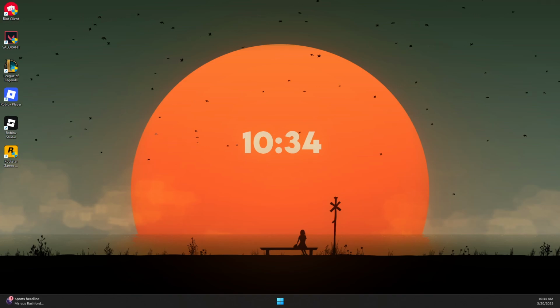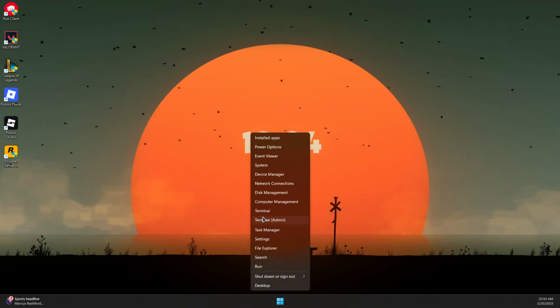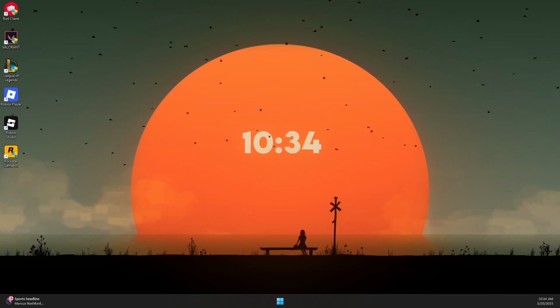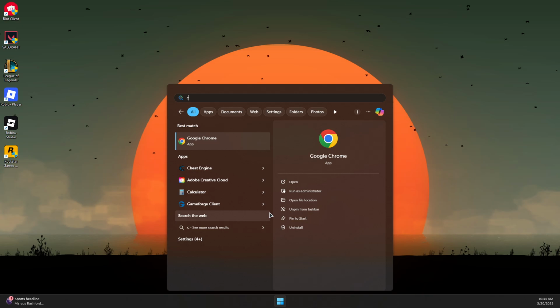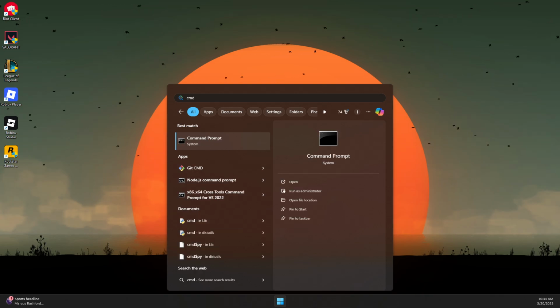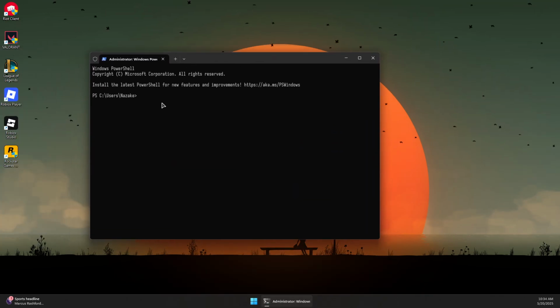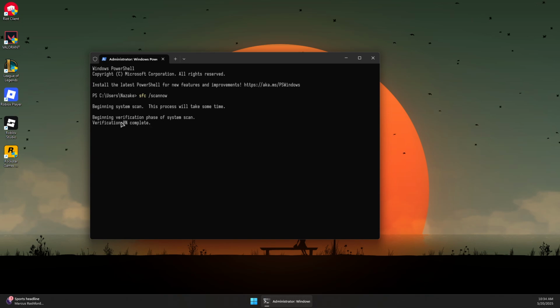So here's how to fix screen goes black randomly on Windows 11. So first what you want to do is right click Windows logo and then open the terminal as admin, or CMD as admin for Windows 10. It's pretty much the same. In here we want to run the command sfc /scan now, press enter, and then wait for the process to scan the system files and repair any potentially corrupted